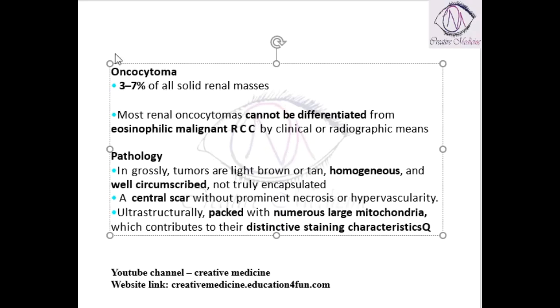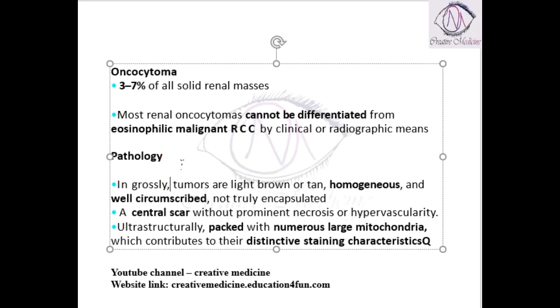Why? Because oncocytoma and eosinophilic malignant renal cell carcinoma both will have similar presentation. So, as a result, this oncocytoma and eosinophilic malignant renal cell carcinoma should be differentiated. So, if you see the pathology,